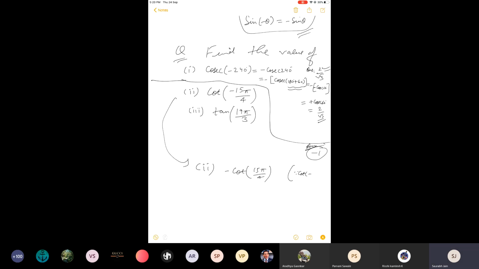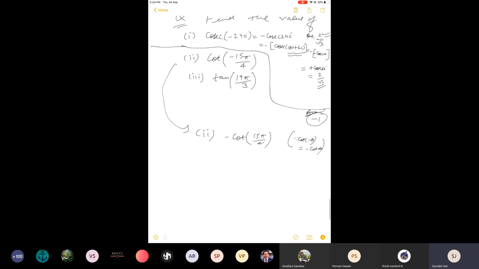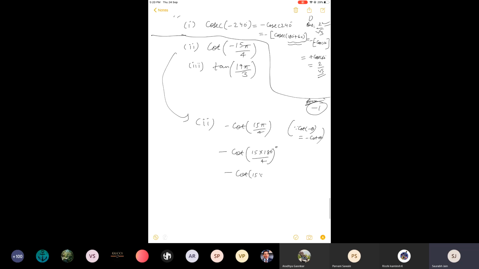Now let us change this angle into degrees. So it is 15 into 180 degrees. Put a degree sign here, okay? Then this will be 45 into 15. How much is this value? 45 into 15 is how much? 5 carry over 2, 2 to 5, 5, 4. So this is 675 degrees.